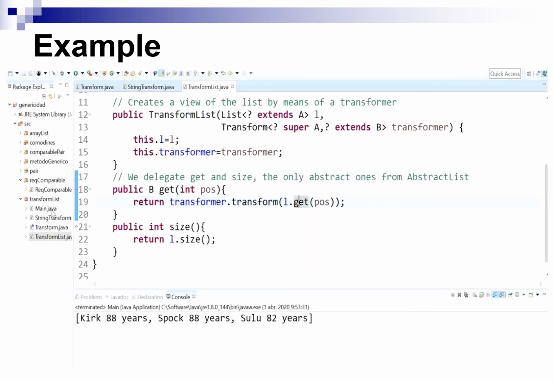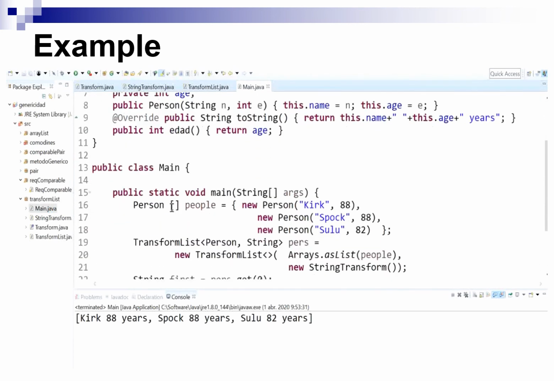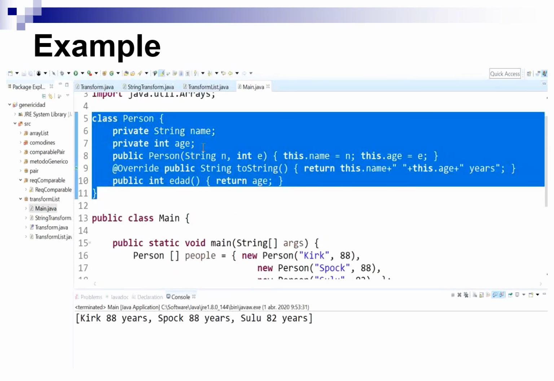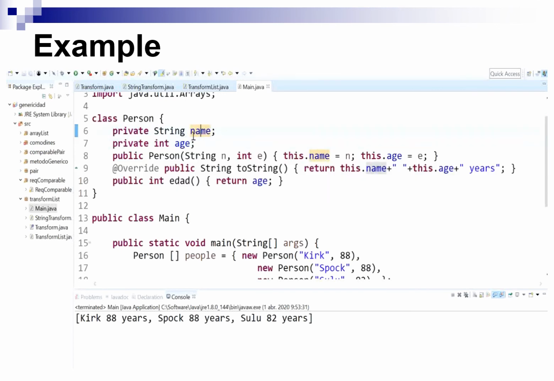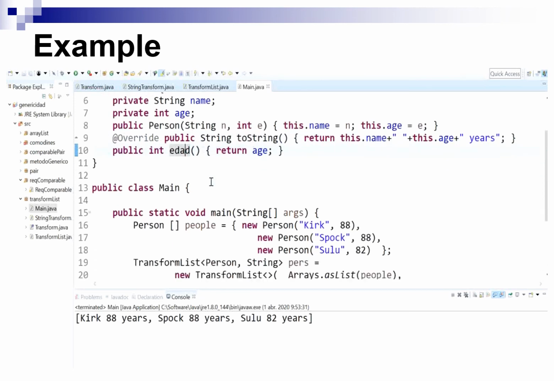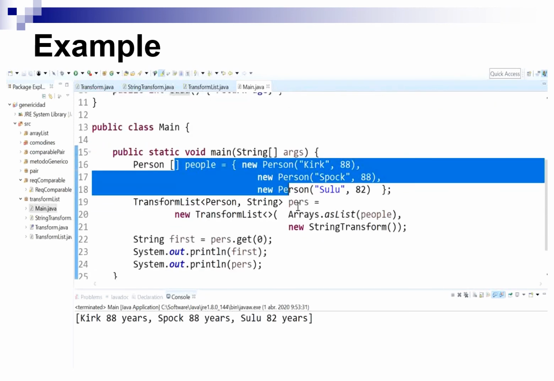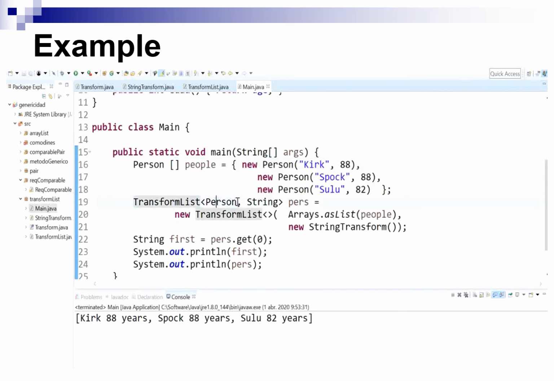Right. So how do I use it? Well, here I declare a class Person, which basically holds name and age, has a constructor, has a toString, and has a getter, and then I create an array here of Person. Then I can declare here my transform list from Person to String by providing here a list of people, and by providing here my transformer from